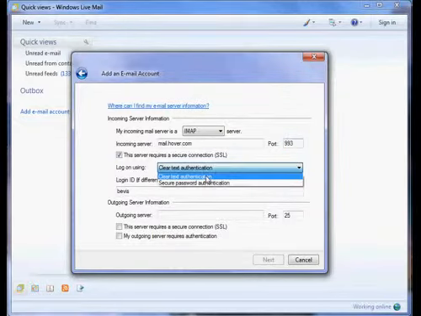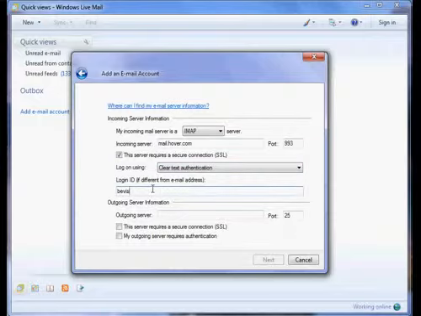Log on using clear text authentication. The login ID needs to be changed. You'll see here it just put in Bevis. I actually need to type in my full Hover email address. So it's bevis@barber.net. Now under outgoing server information, we're going to type in the same server for the outgoing server,